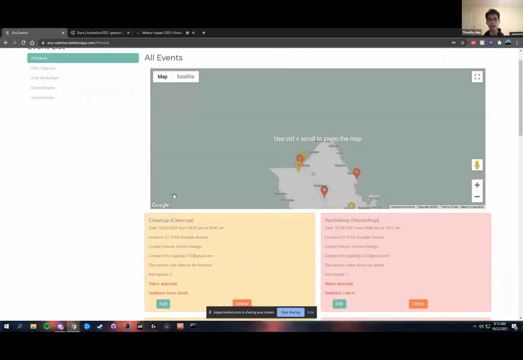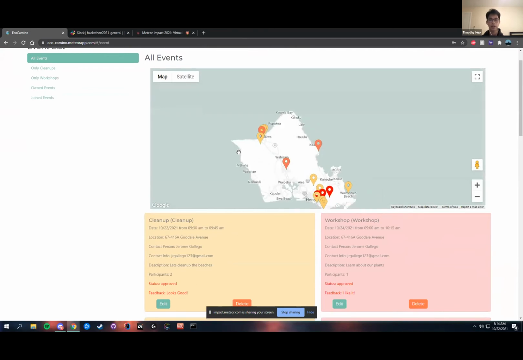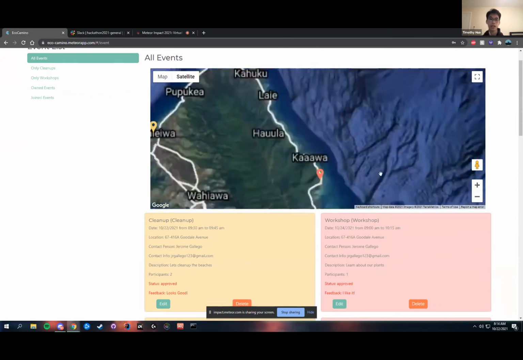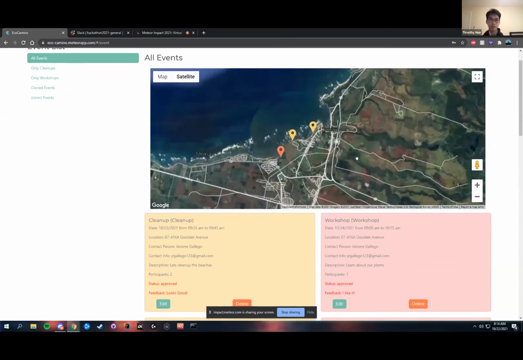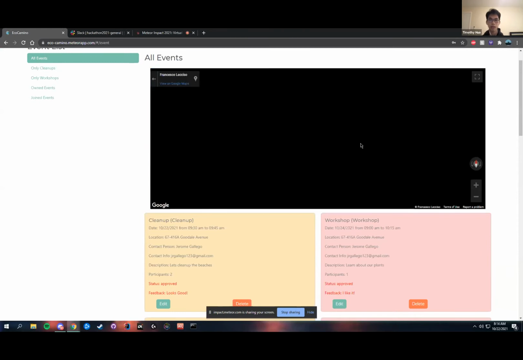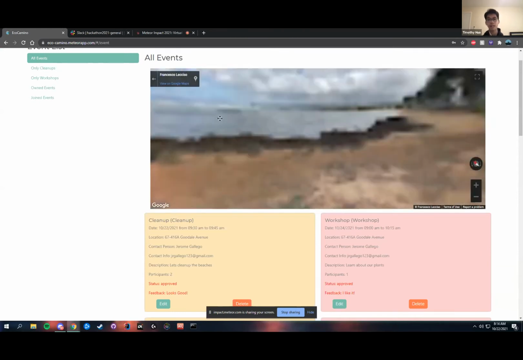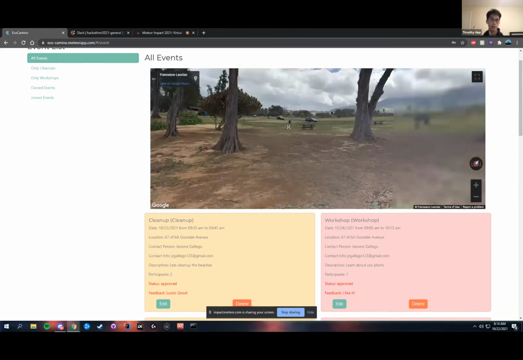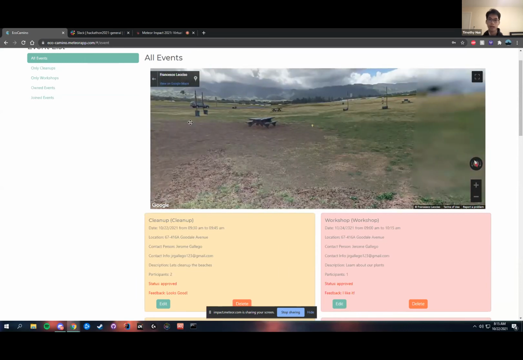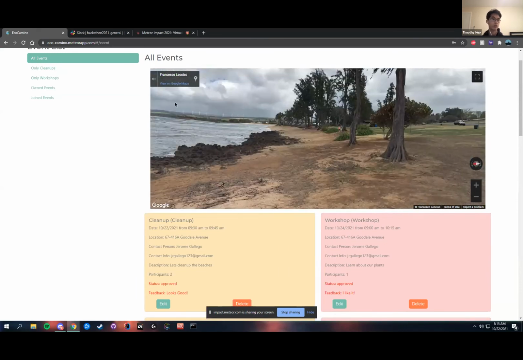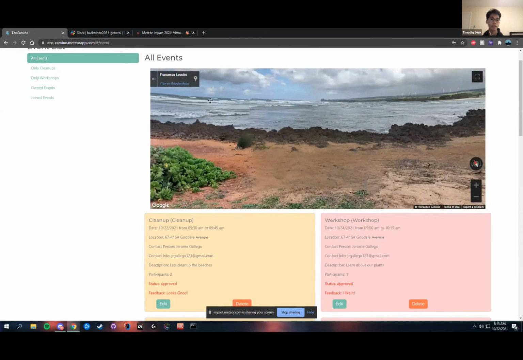Google Maps API comes with additional features similar to the regular Google Maps, where users can change how they view the map. And they can use the person icon to view the surroundings of the event. Now, this promotes safety as well and lessens confusion when trying to participate for the first time. You can also plan ahead before going to the event, such as where to park and what things to bring.